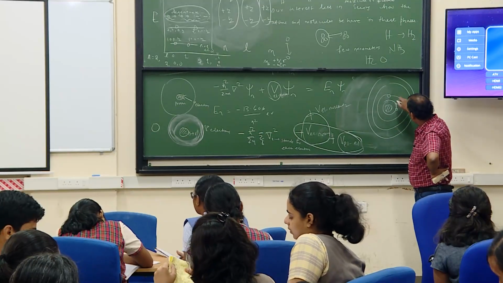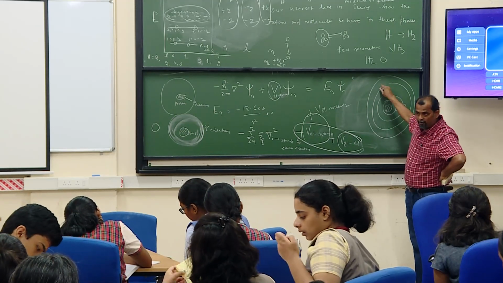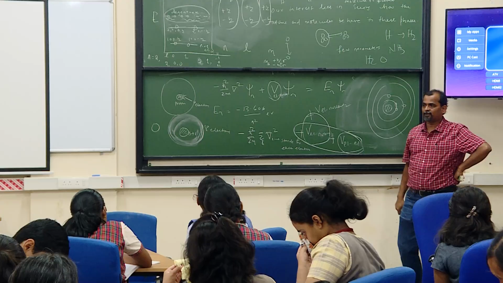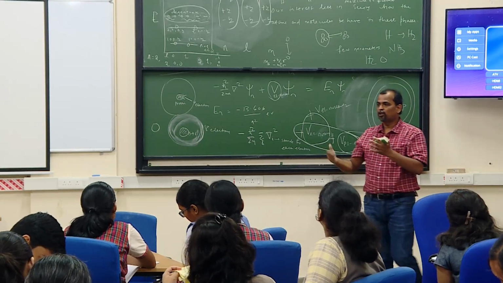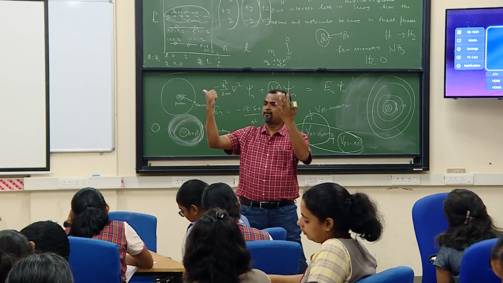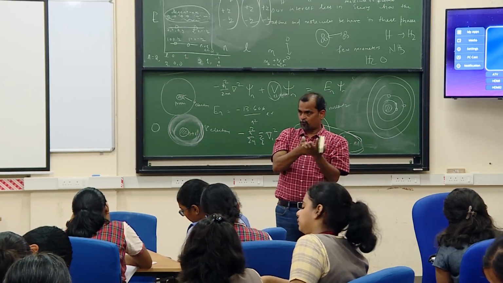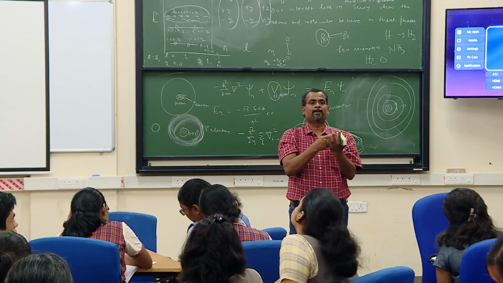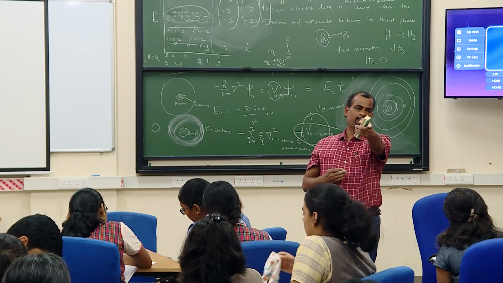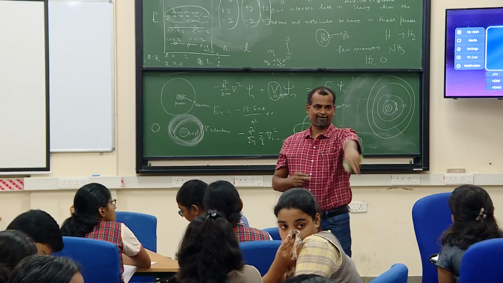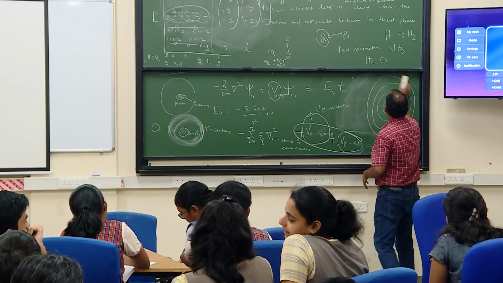Then 2s, then 2p, then 3s, then 4p, like that. The more you move away from the nucleus, the less attached to the nucleus you are. You are free to move. Okay? So from there, the concept of ion came into the picture. Don't sleep. Alright. Don't sleep. Okay? So we can say that